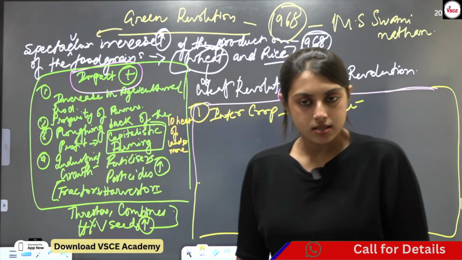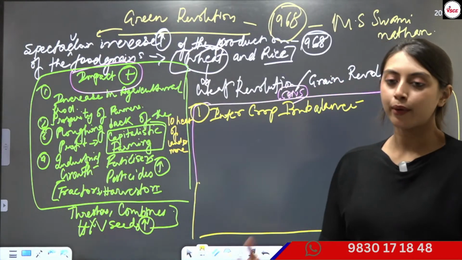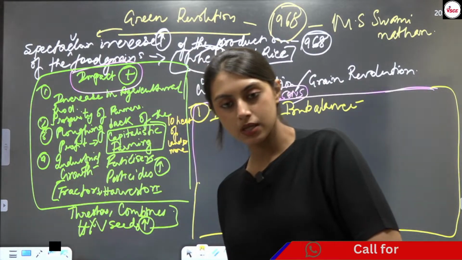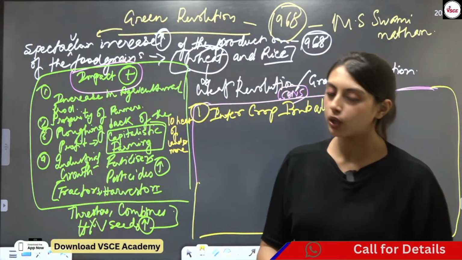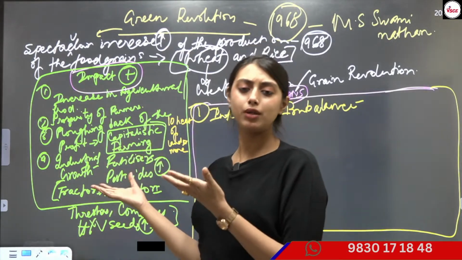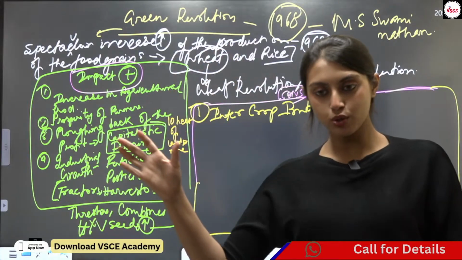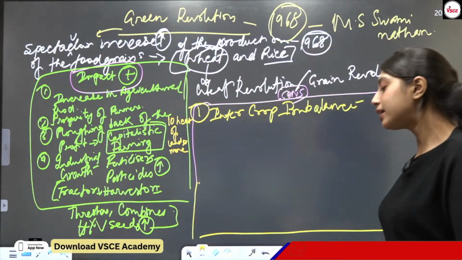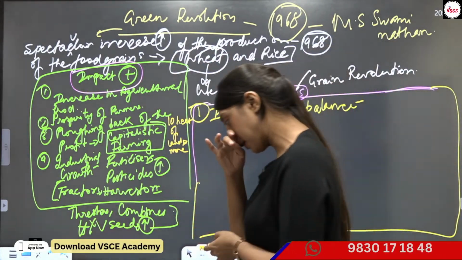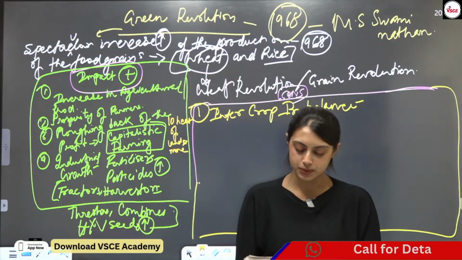Isn't that a bias? If they are high yielding variety of seeds, why don't you bring them in for all the crops? Or at least try to divert your mind from just wheat. So it is rather a wheat revolution, a grain revolution rather than a green revolution altogether, right? It's focusing on one particular crop, and there's no betterment of the condition of the other crops.